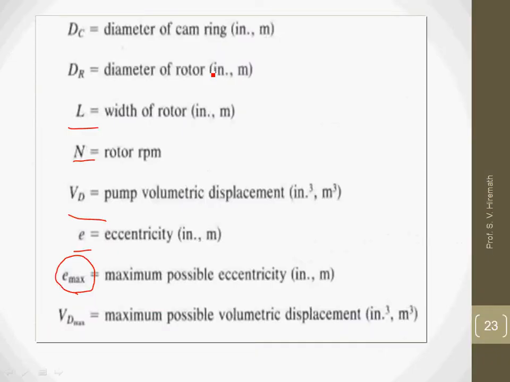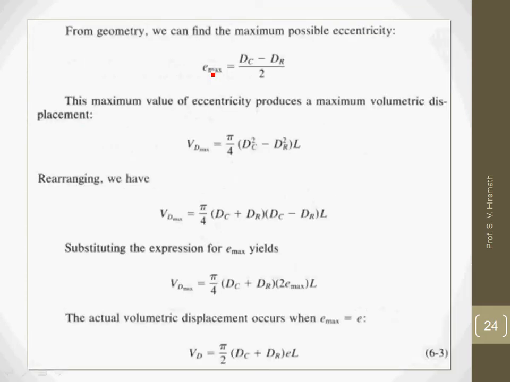So by maintaining the maximum eccentricity, I will be getting the maximum volumetric displacement. So that is Emax equals (DC minus DR) divided by 2,